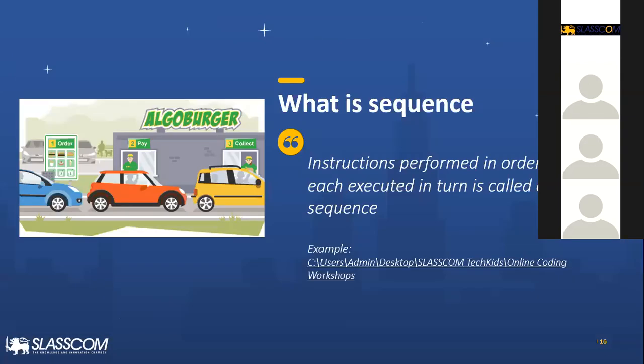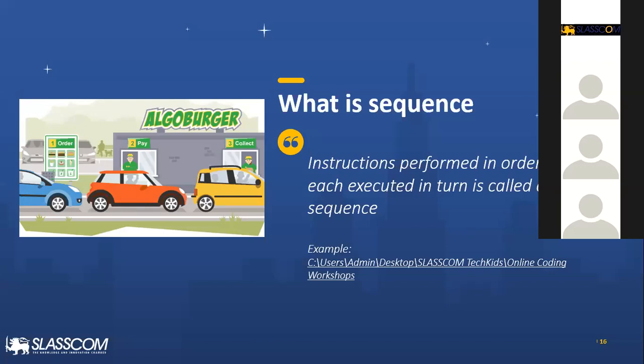Now we'll see the first programming structure, which is called the sequence. A sequence is a series of steps that is performed in order to do a task. I have given this example. I'm sure that nowadays we cannot do this, but the example is pretty relevant: a drive-through at McDonald's. You place the order, then you pay and you collect. That's a good example of a sequence.